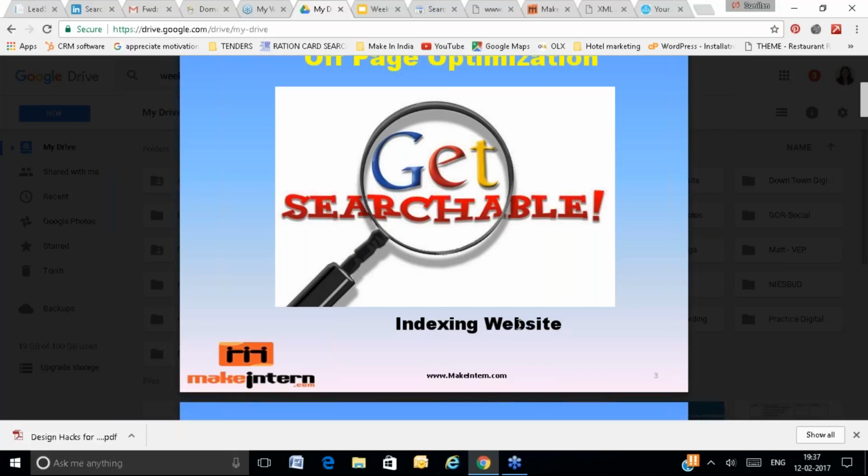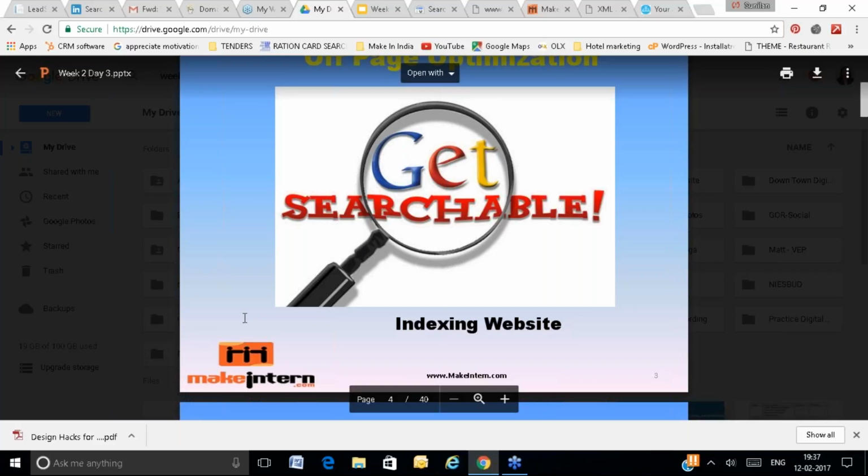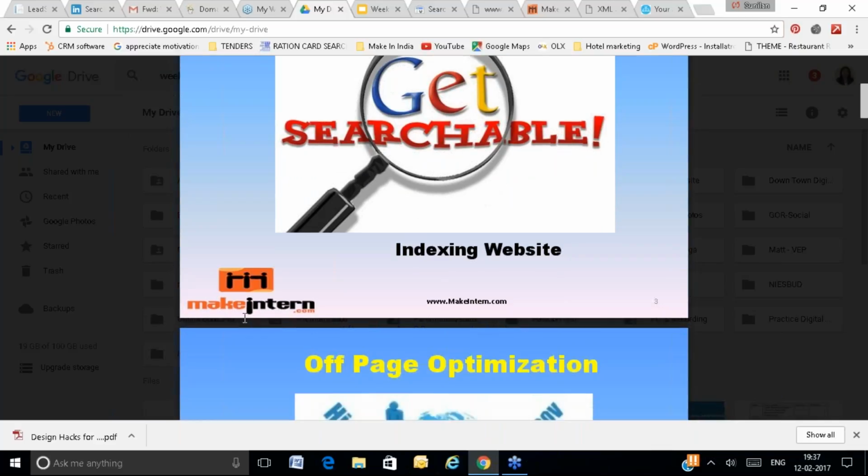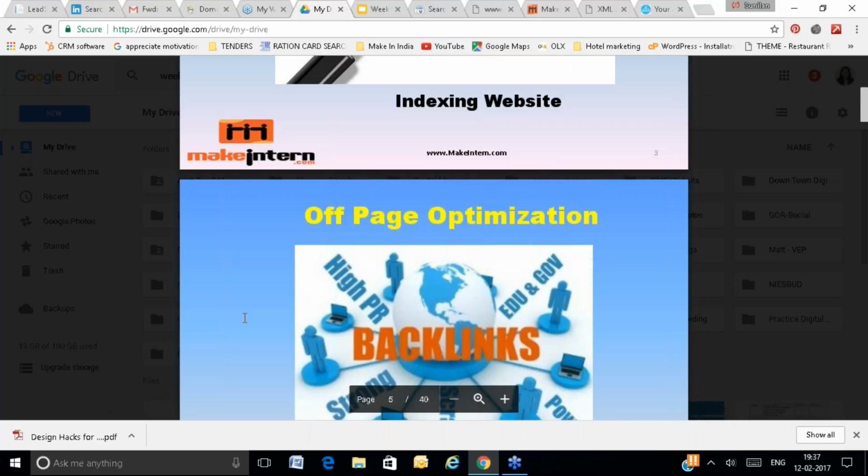So before trying to get backlinks, you can go and check the index status of that page by typing site:URL on Google, and you will get to know whether that page is indexed or not. Right? So indexing, you understand, all of you?